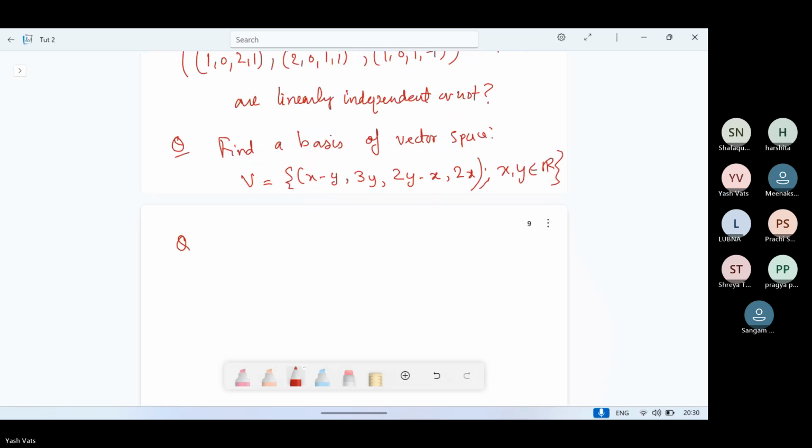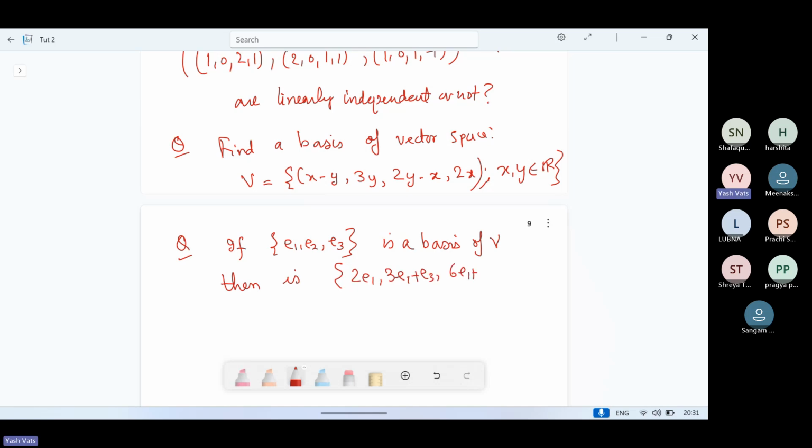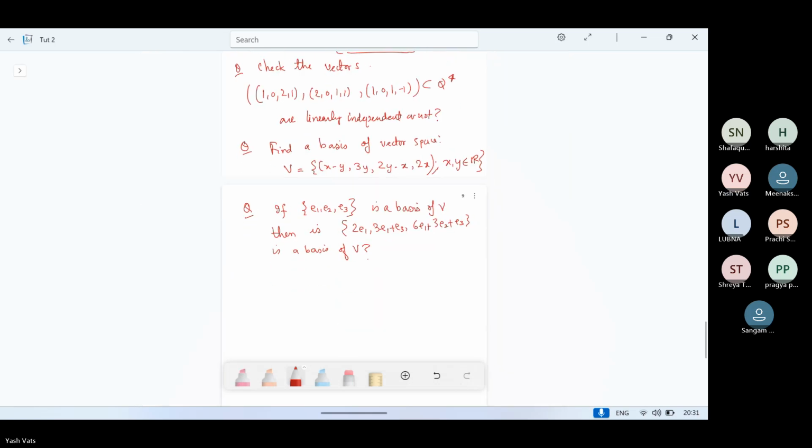Next is, if E1, E2, E3 is a basis of a vector space, then is 2E1 plus 2E1, 3E1 plus E3, 6E1 plus 3E2 plus E3 a basis of V? Next is